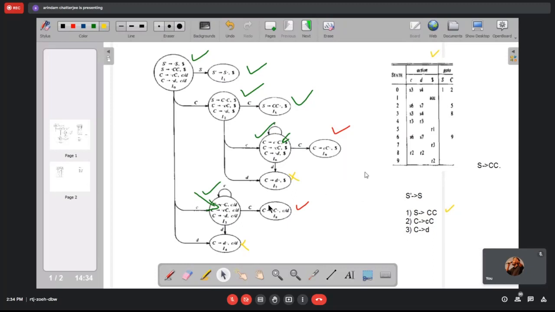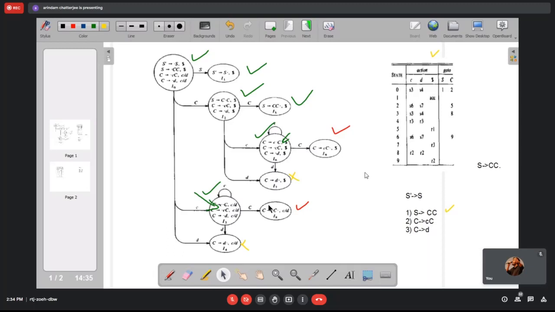The look ahead item is basically the second part of the item. You can see that each item in the LR1 item set is a combination of two things. One is exactly similar to LR0, followed by a comma, and then you have the look ahead symbol, which is the look ahead item. So an LR1 item is a combination of two items: one exactly similar to the LR0 item, and then the look ahead symbol included. We are emphasizing this point. That's why it is known as LR1, because each item has one look ahead item.